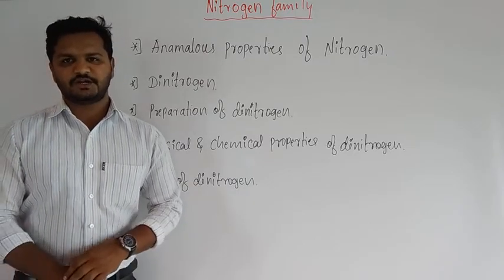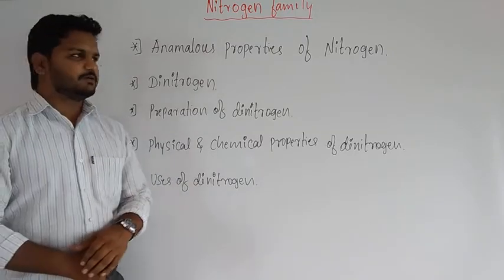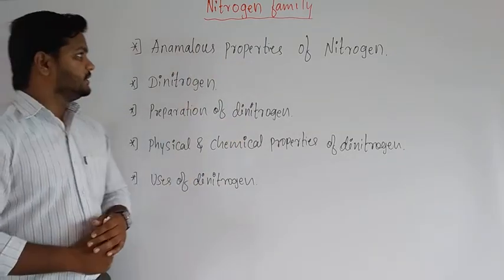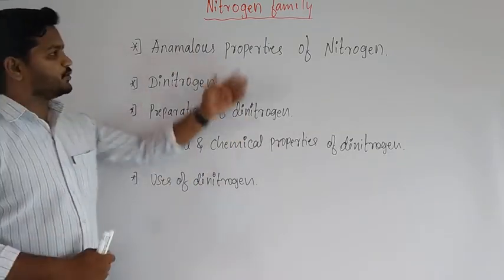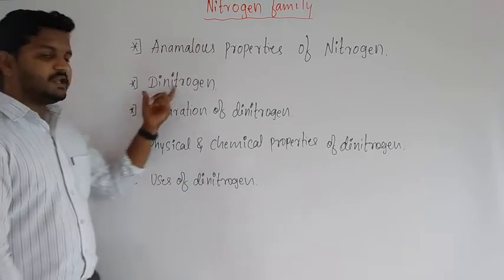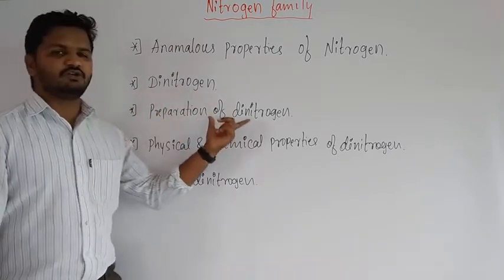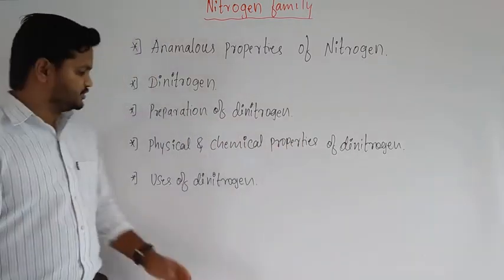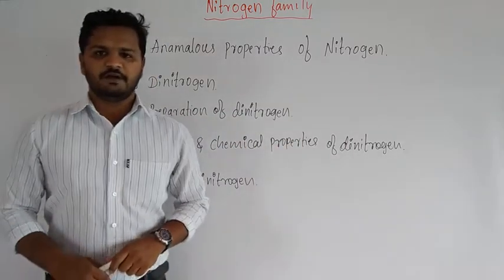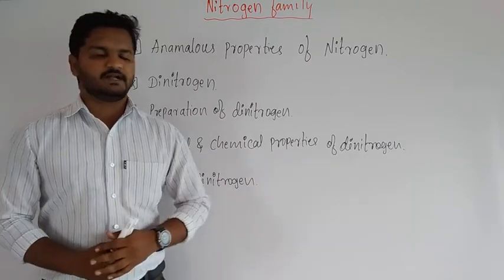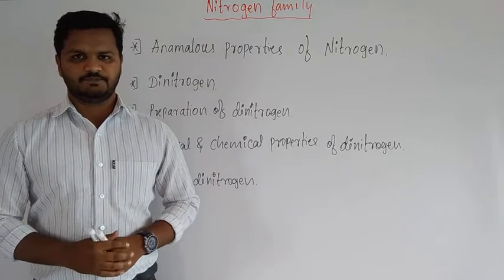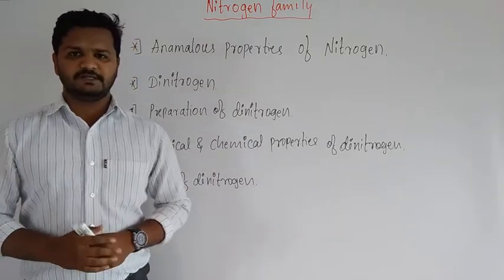Today I am going to start with the next concept of the group 15 family, nothing but the nitrogen family. Today's concept is anomalous properties of nitrogen, dinitrogen, the preparation of dinitrogen, the physical and chemical properties of dinitrogen, and the uses of dinitrogen. Okay, let us start with the first one, anomalous properties of nitrogen. Students, anomalous properties means